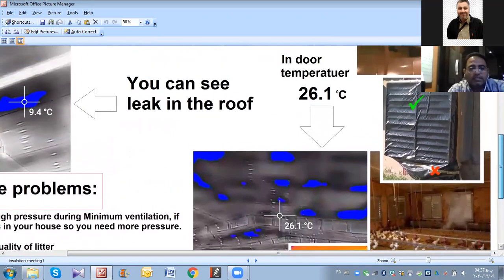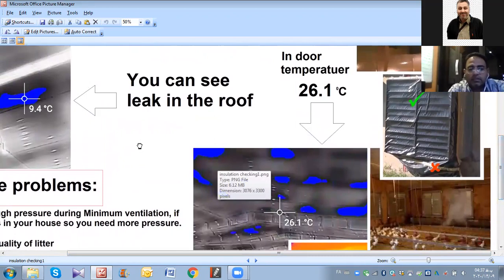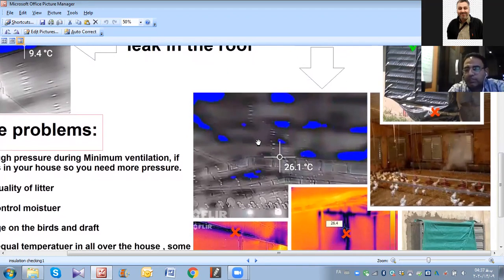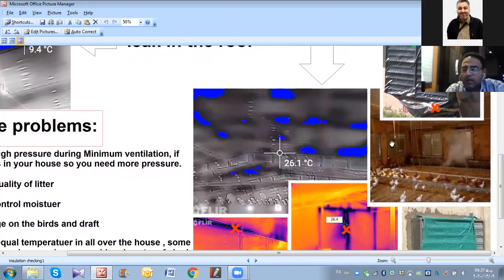You can see here in the shed we have 26 degrees centigrade warm air at the top of the shed, and blue is the leakage, many leakages in the shed. We reached this picture with the IR camera.